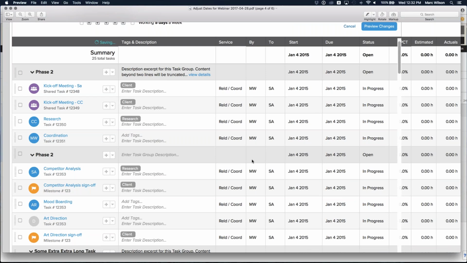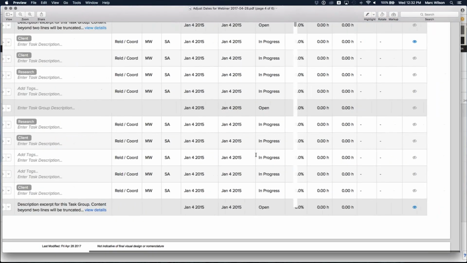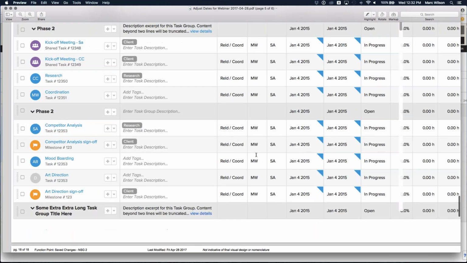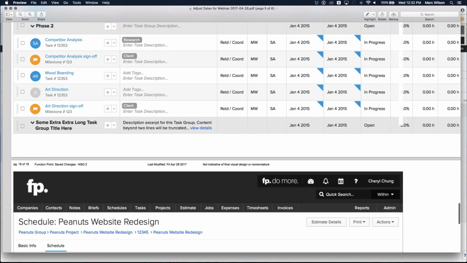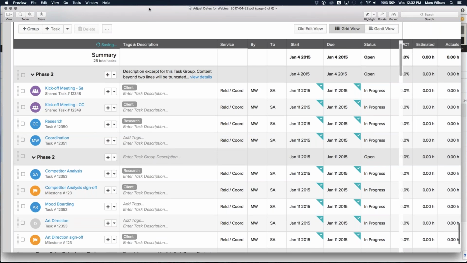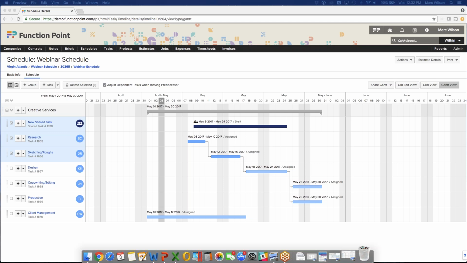So some of the bulk editing and adjust dates features will be brought into the new schedule grid, so that you can stay within that singular view and have access to all the features that you need. And yeah, so that's a bit of a preview of some of the adjust dates feature. That's pretty basic. I think people would expect and are aware of the fact that that's coming. But next, let's take a look at